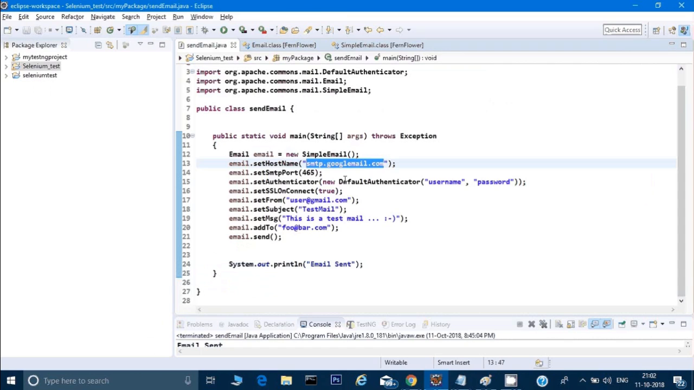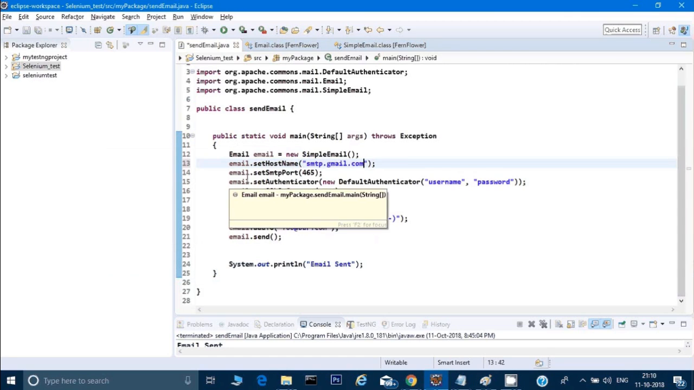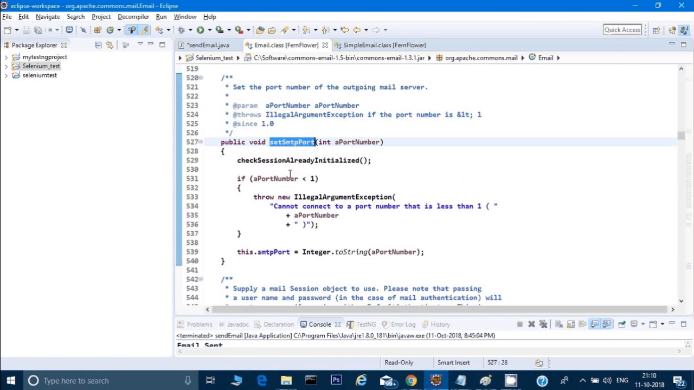Let me go back to the link. And here I can type smtp.gmail.com. So once we have given this SMTP hostname, we have to give a port number. It says email.set_smtp port. If you go to this method, it will show you what the details of this